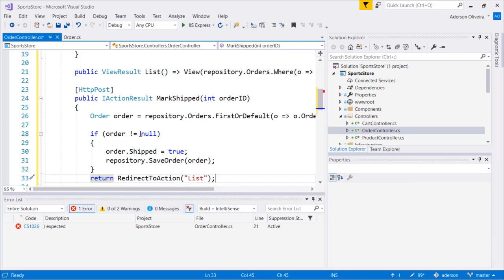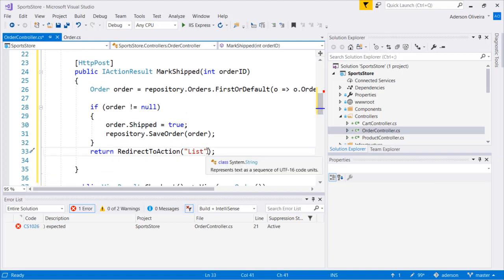Now, if this post was checking for valid information, like when we are filling a form and there's a missing information, then in case it's not validated properly, you could just return a view. But again, if everything worked fine with the post, you use a return redirect to action with the name of the action in parentheses. Now, the other way to build the name of the action, in a fancier way,